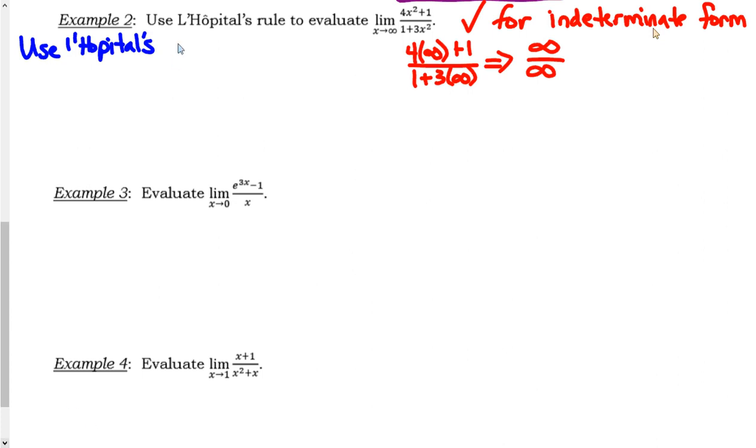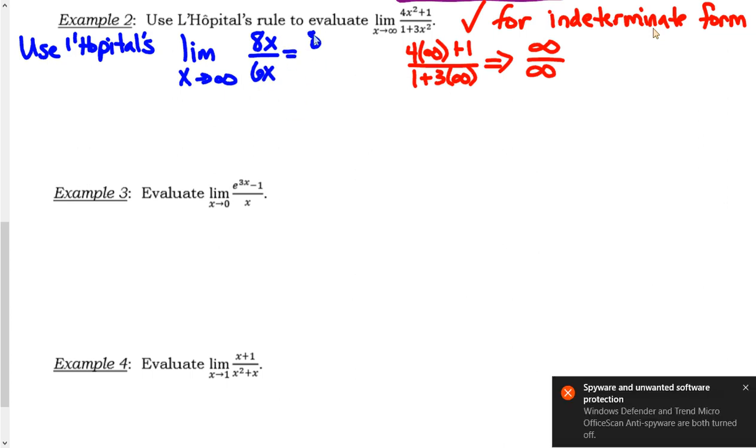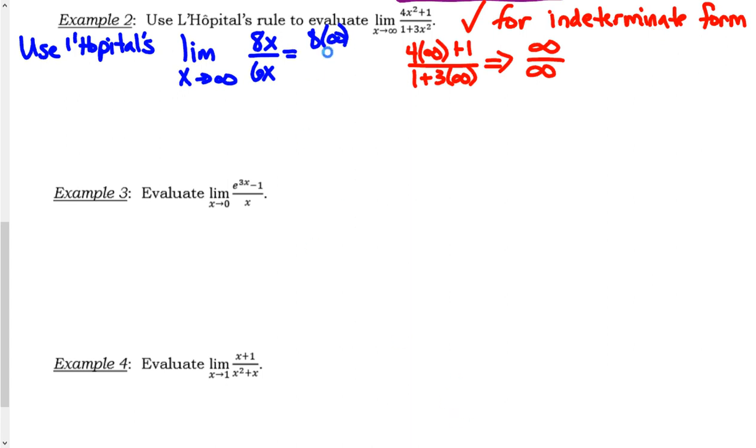So we're going to use L'Hopital's. We take the derivative of the top and we take the derivative of the bottom, and then we're going to evaluate the limit. The derivative of the top is 8x. The derivative of the bottom is 6x. So let's go ahead and try to evaluate that. That is 8 times infinity. And on the bottom we have 6 times infinity, which is otherwise known as infinity over infinity, which means,